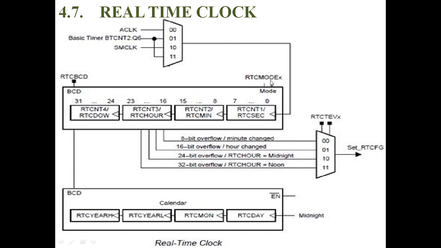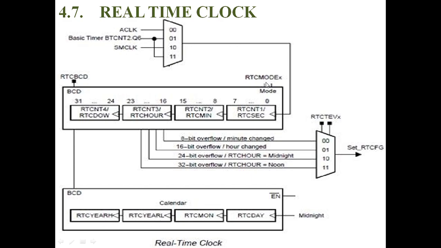If it is 1, it is operated in calendar mode. In the counter mode, it can perform an 8-bit counting value, a 16-bit counting value by adding these two counters, or a 24-bit counter value and a 32-bit counter value. Or if it is operated in calendar mode, it represents the seconds, minutes, hours, day of the week, day, month, lower 8 bits of the year, higher 8 bits of the year.